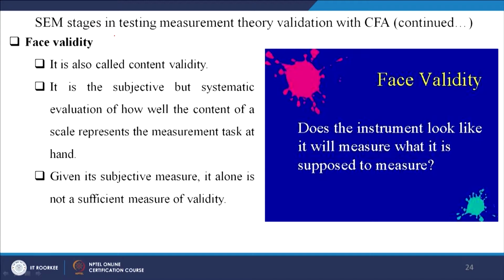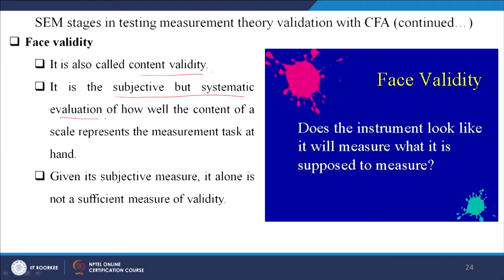First of all, when you are doing CFA, you have to check for validity. What are the different types of validity? One is face or content validity, right. Then we talk about convergent validity, then discriminant validity, then nomological validity. These four validities together are called construct validity, right. Any scale that you develop must go through these phases of validity, and they should be successfully tested and prove their validity.